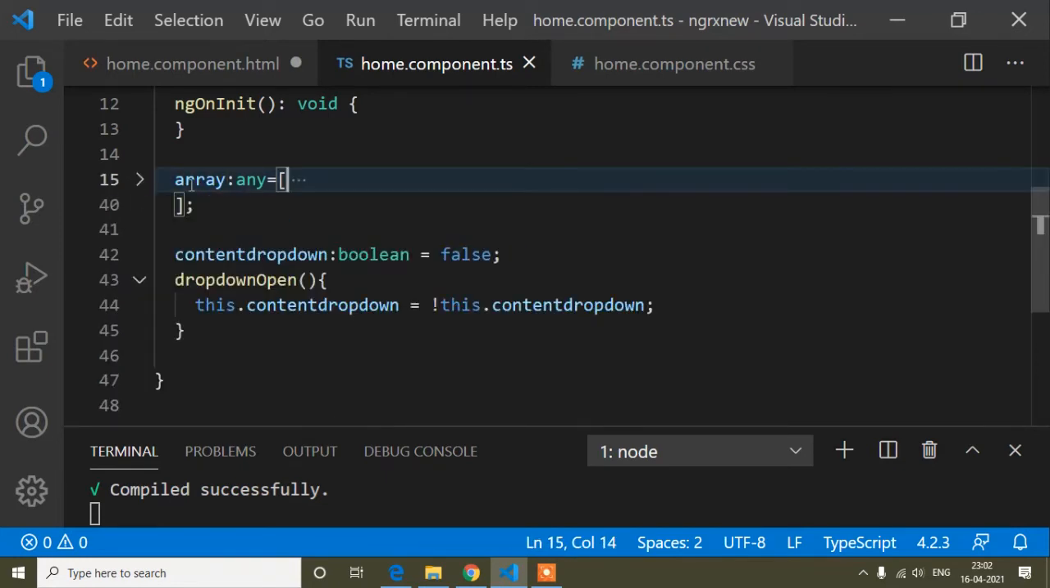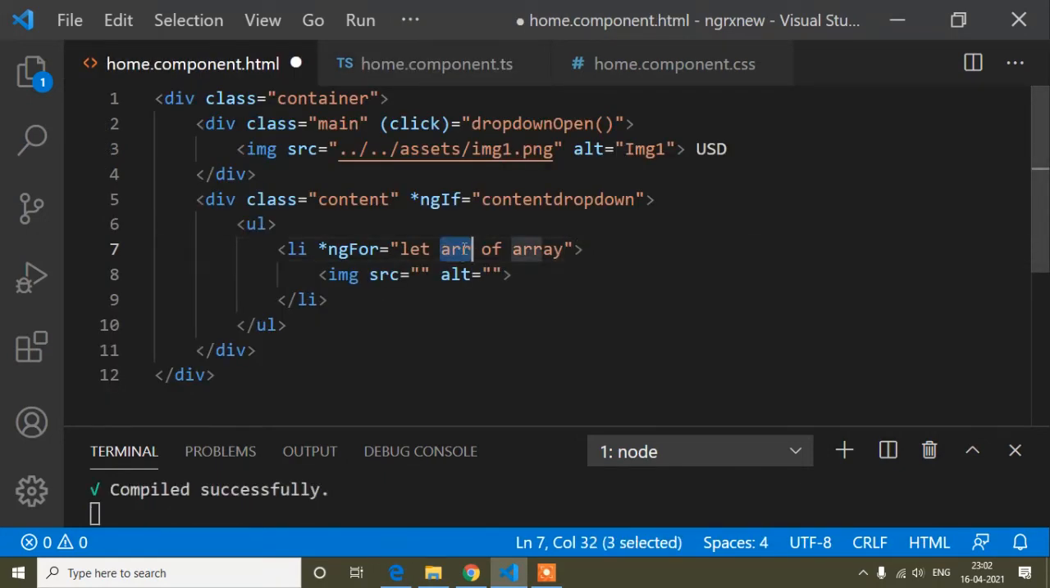So all the objects of this array variable I have assigned inside this ARR variable. You can see here ARR of array. So that means all the objects of the array variable, whatever data I have written inside this array variable, I now assign inside this ARR. So now I can bind it this way,